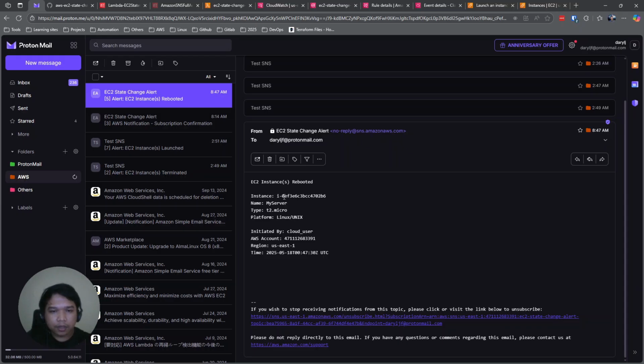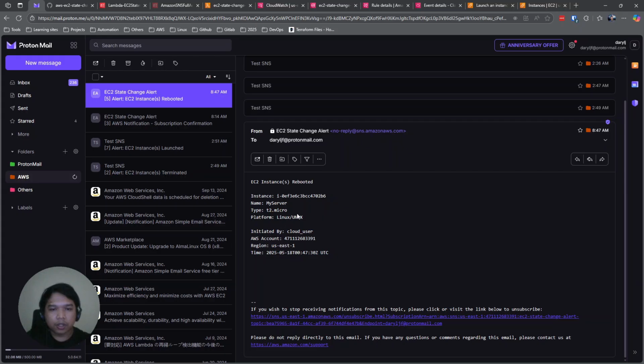EC2 instance rebooted. This is the instance name, this is the name tag of the instance, and it is T2.micro Linux initiated by cloud user. This is our AWS account, region, and then the time when the reboot executed.